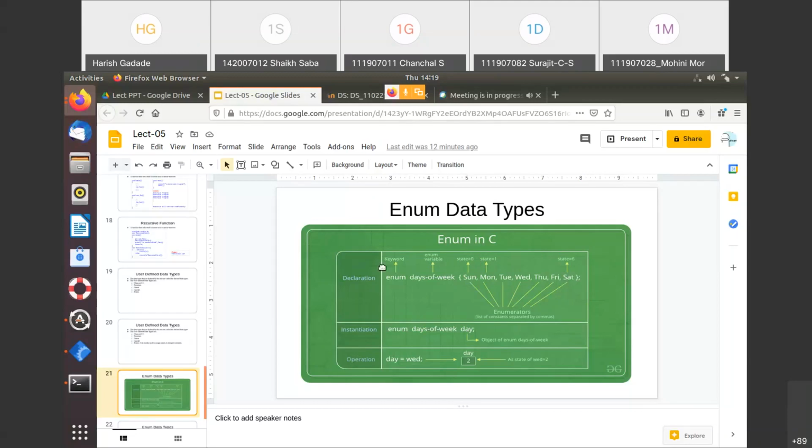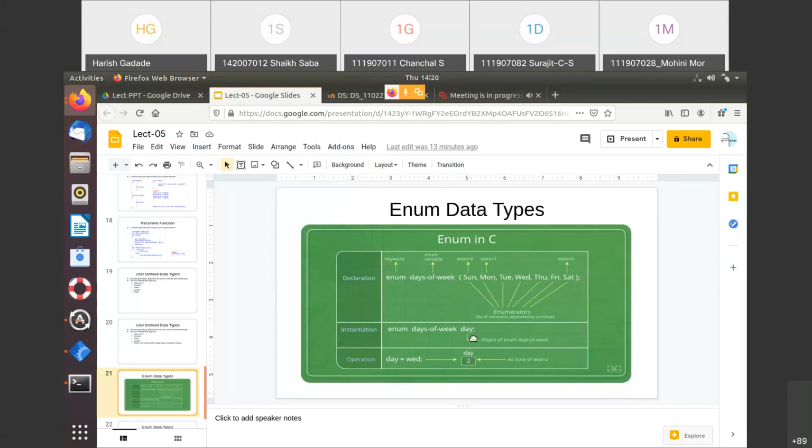It means this is the enum variable. And if you see this statement, enum days of the week, I just created one object of enum, or we can say variable, for your understanding.